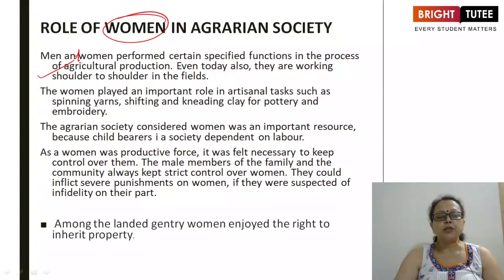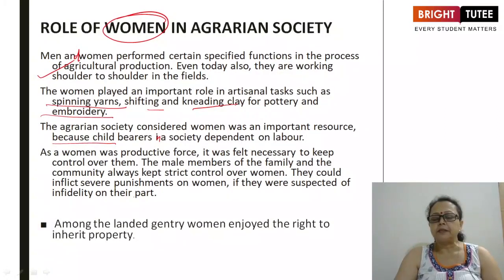Women played an important role in artisanal tasks such as spinning yarn, sifting and kneading clay for pottery, and embroidery. The agrarian society considered women an important resource because they are the childbearers in a society dependent